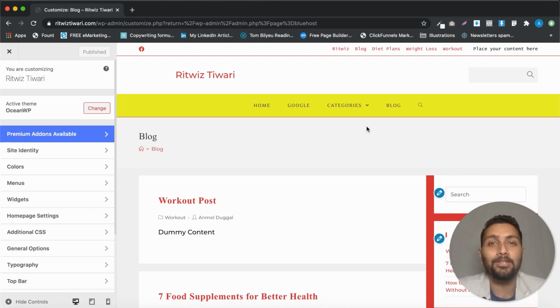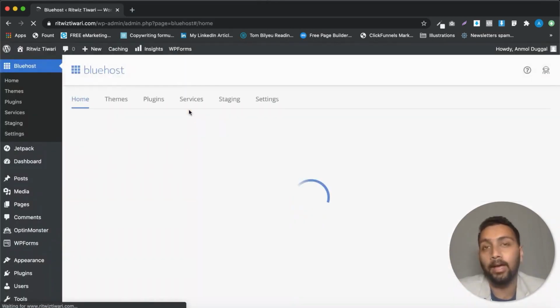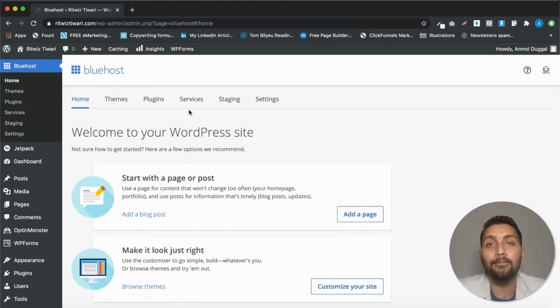So I know I promised in the last video that I'm going to talk about the page builder, Elementor, and what all we can do with it, but I actually forgot that we have one more option left to be discussed in the WordPress dashboard itself, and that is plugins, which is one of the most important after the themes. Understand this one thing: themes actually design your website. Themes allow you to customize the look and feel of your website, but plugins are what add additional functionality to your website. Plugins are short snippets of code, software that you can add onto your website, which will allow you to do a lot of cool stuff.